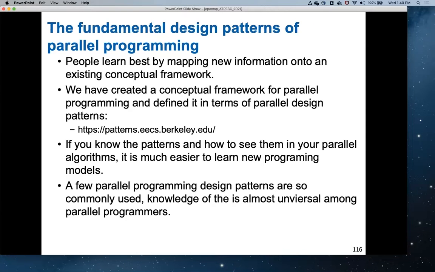But what I want to emphasize is think about the design patterns. And I've been on a quest with collaborators at UC Berkeley, and even earlier in my career with the book I wrote on this topic, that to really achieve mastery of parallel programming, you want to learn the key design patterns. And what I do in my book on patterns, which I'm really proud of, the book, I guess, is